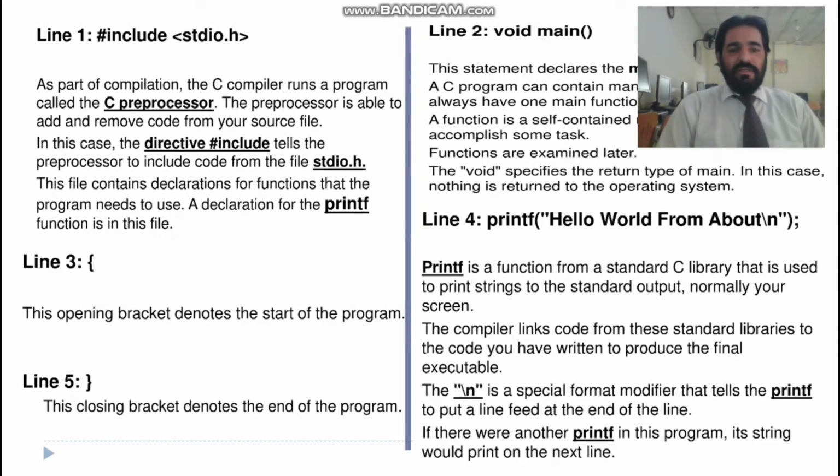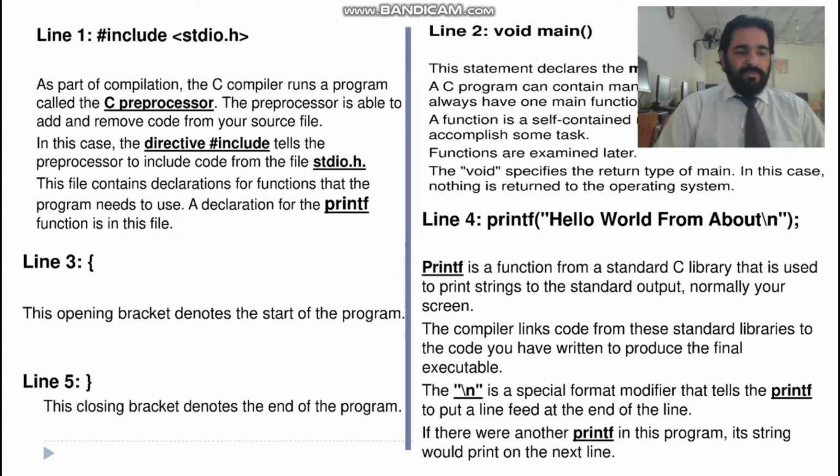In this case, the directive #include tells the preprocessor to import from the file stdio.h. This file contains declarations of functions that the program needs to use. The declaration of the printf function is in this file. We want to print something, so we add some declaration format.